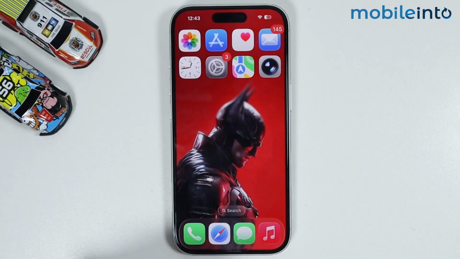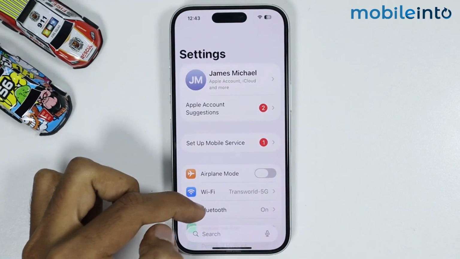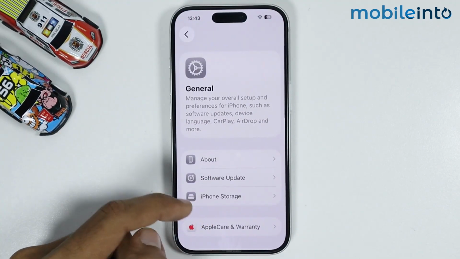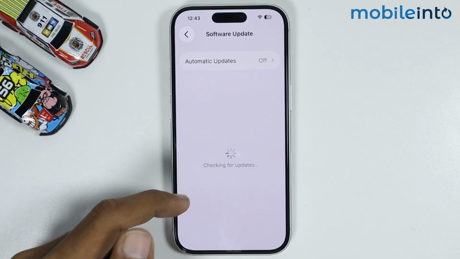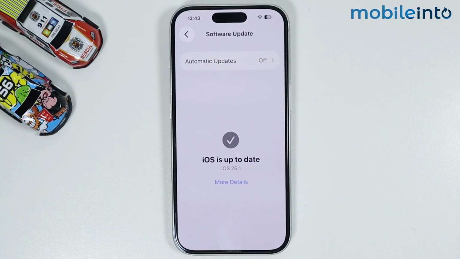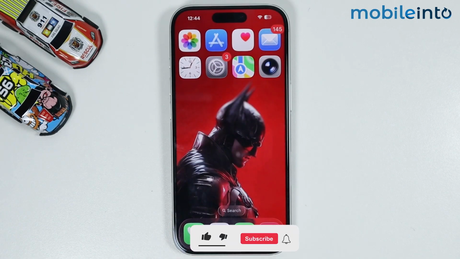this could be a software glitch. For that, just open settings, then tap on general, tap on software update. Now just check if you have any software update available. If you have any software update available, just update the software of your iPhone. And this is how you can fix action button mute is